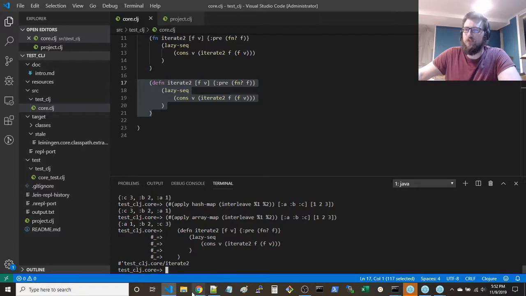And now I want to execute iterate 2 over, I guess we'll just do addition, with the initial value of 0. And we can do an anonymous function that takes a value and adds, let's say, 3 to it, right? And if we take 5, right? Now this could crash the REPL.